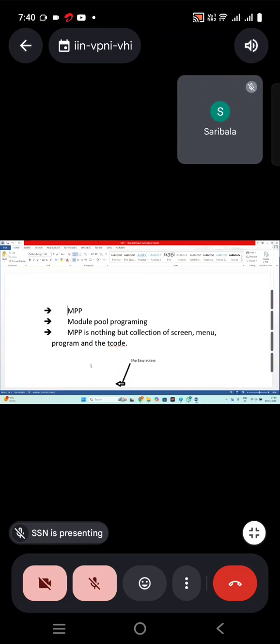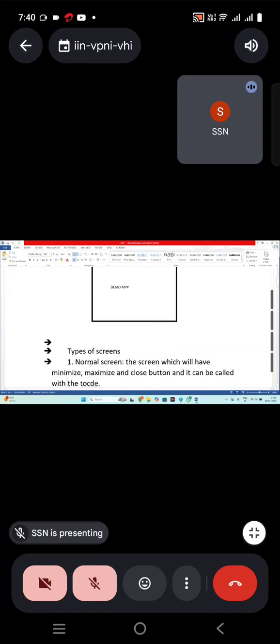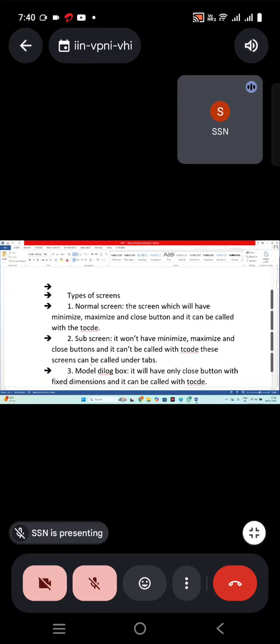In that, we learned the types of screens. The normal screen will have minimize, maximize and close buttons, and can be called with the T code. The subscreen won't have any minimize, maximize or close button, but it can be called under the tabs.